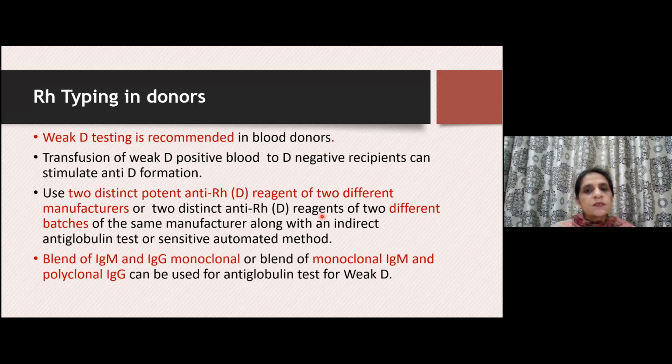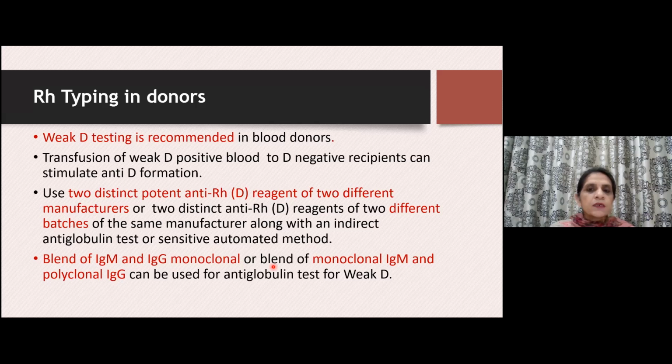If we don't have two manufacturers, we can use the same manufacturer with two different batches along with an indirect antiglobulin test, or if not, then a sensitive automated method should be used to type the D antigen in blood donors. And we need to use a blend of IgM and IgG polyclonal antibodies because the IgM antibodies are more sensitive to anti-D formation in blood donors. For Rh typing in patients, including pregnant women, they should be tested by an IgM anti-D reagent,